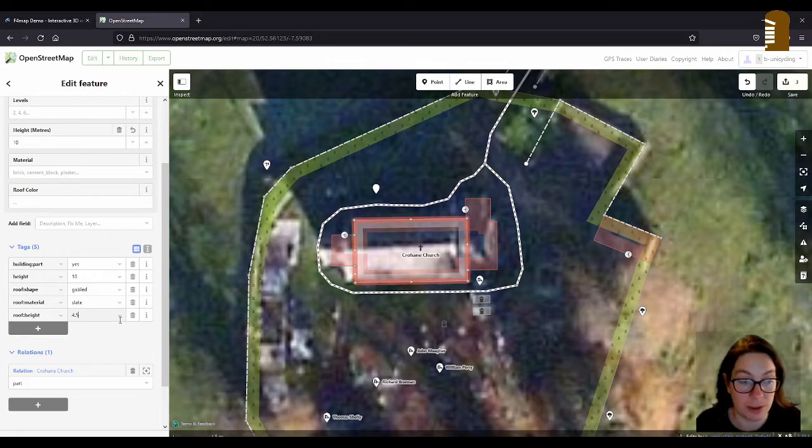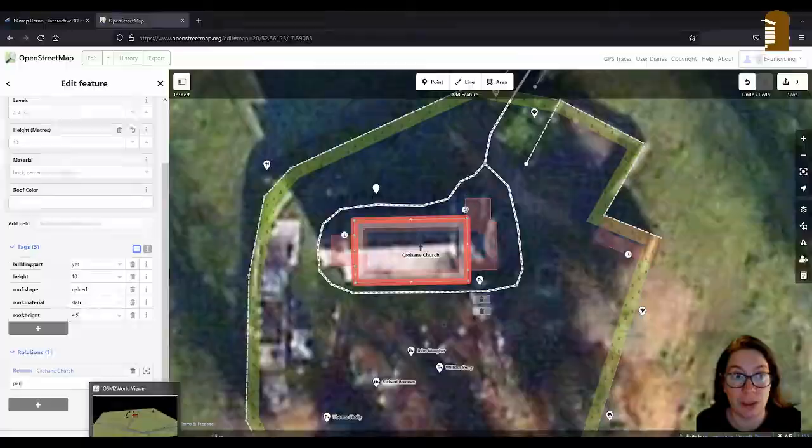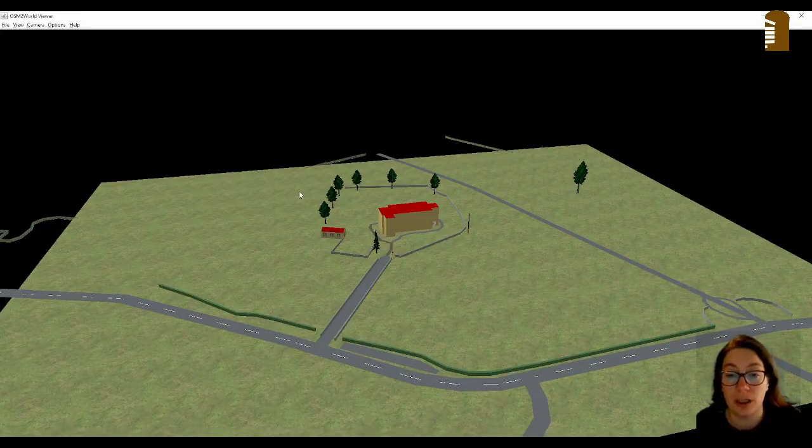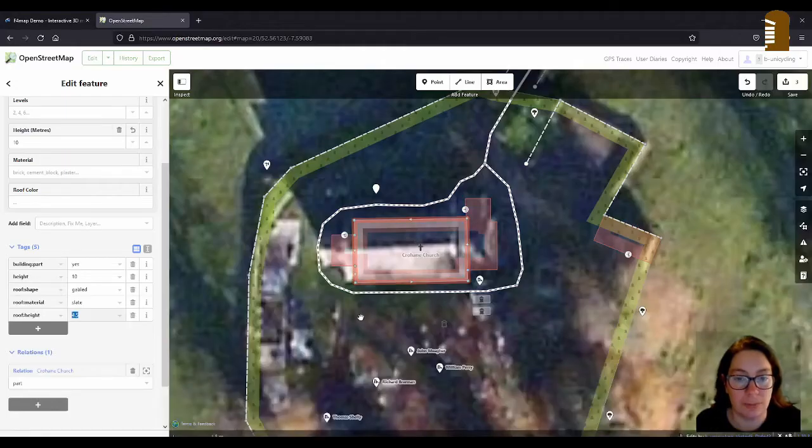This is one of the things where I like to use JOSM. There was a plugin for it, Kendzi3D, which doesn't work for me anymore. But you can also save what you've done as an OSM file, and that's what you need for the OSM2World viewer. You can import that and you can check what you've done before you upload all your data into OpenStreetMap, so you kind of can use that as a tool.